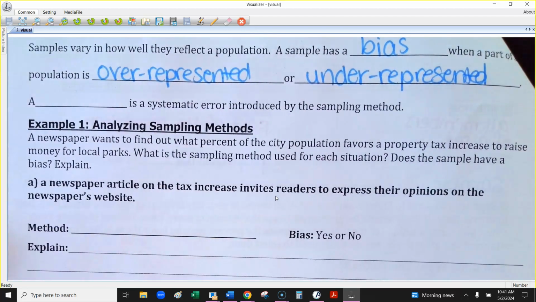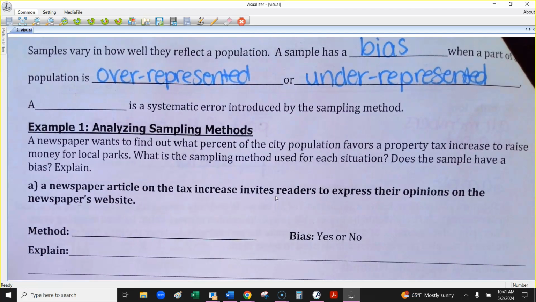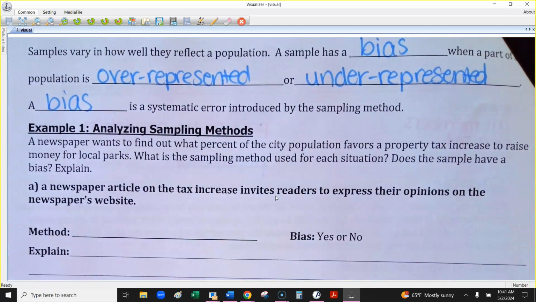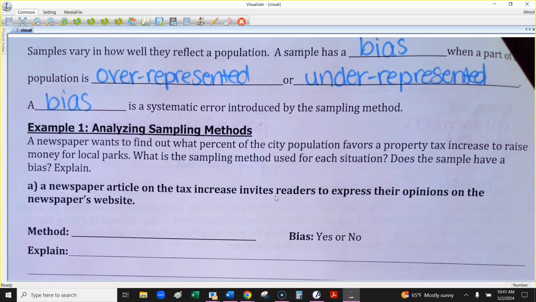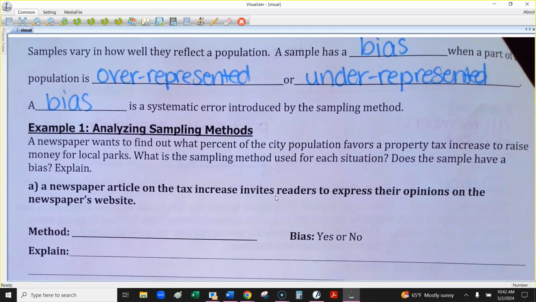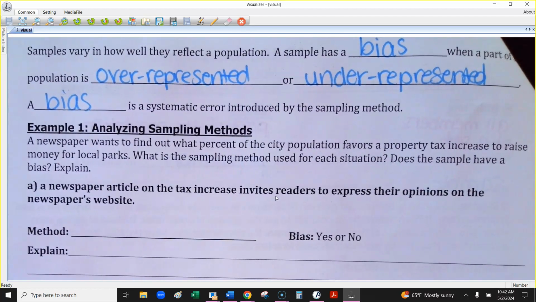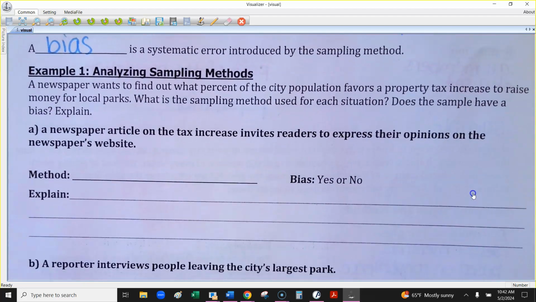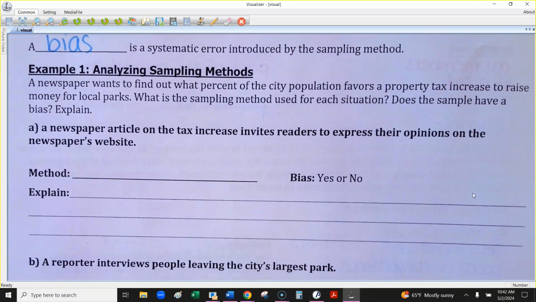Okay, so like what I was saying, if I just pulled the people in this class and I don't have any freshmen in here, then I'm underrepresenting those people, right? So that would be a little bit of an example of a bias right then and there. All right, and then just the definition. A bias is a systematic error introduced by the sampling method. So somehow the way I chose to pick people is not quite good, and we might still be able to collect data, but it's maybe going to lean one way or the other based on what that sample is.